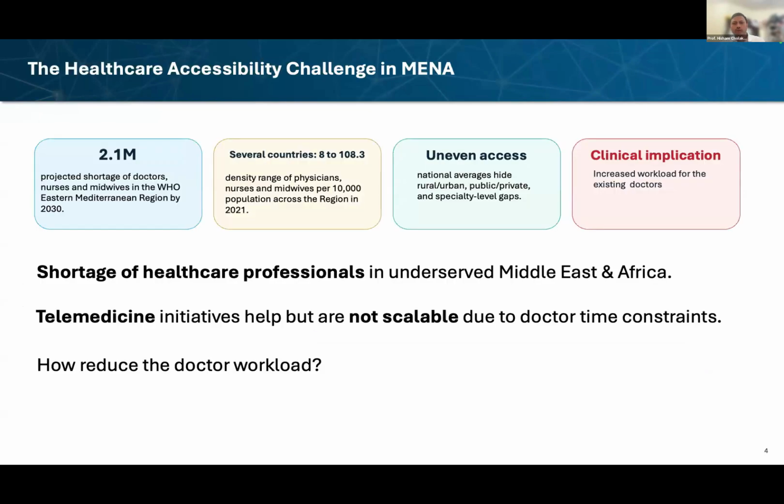All right. So we all know that there is a global shortage of experienced healthcare professionals right across the globe, right? And this shortage is actually much more severe in the MENA region. For reference, by the year 2030, it's projected that we will have a shortage of 2.1 million experienced healthcare professionals. We have a shortage of that big number. And in many countries in the region, the ratio of the population to the doctors is as low as 8 or even less than 100, which is much lower compared to many other parts of